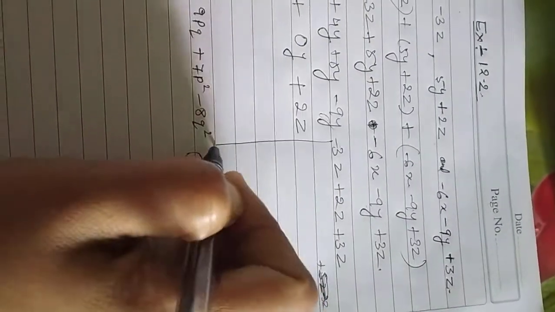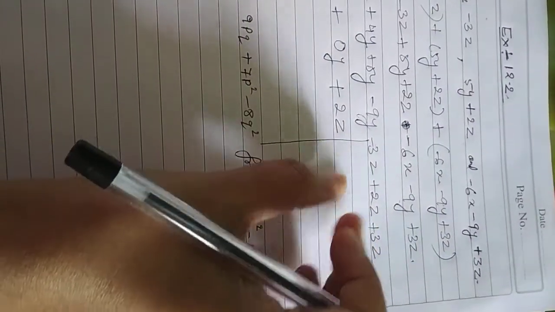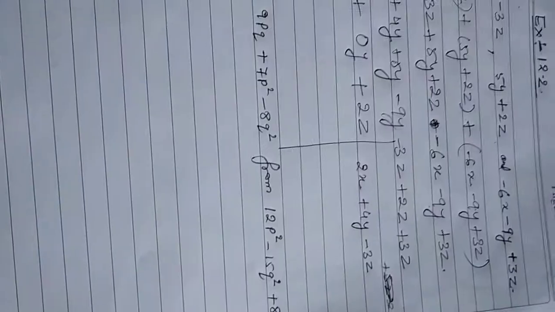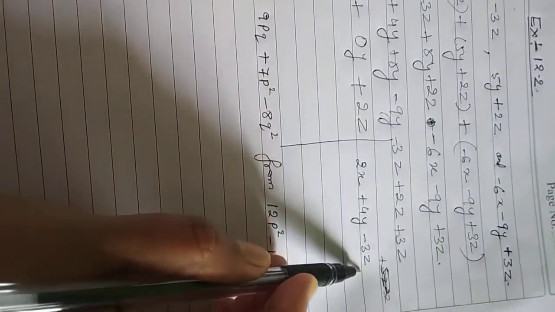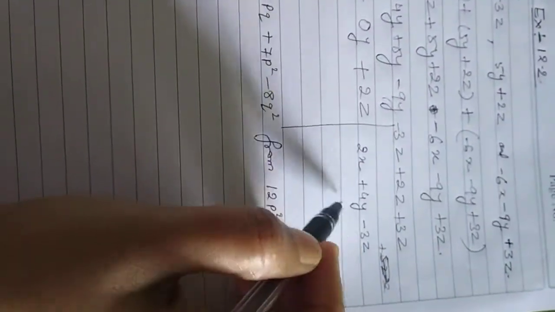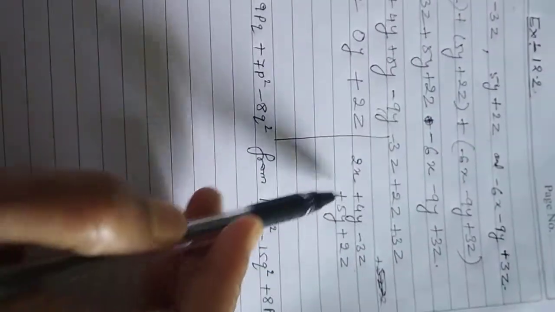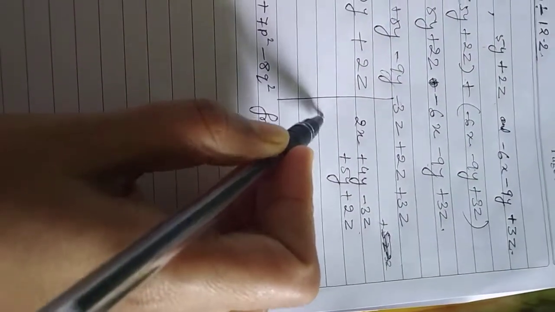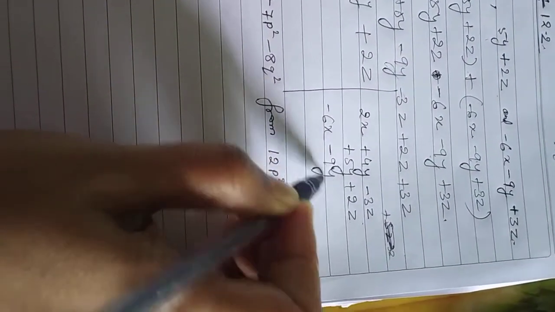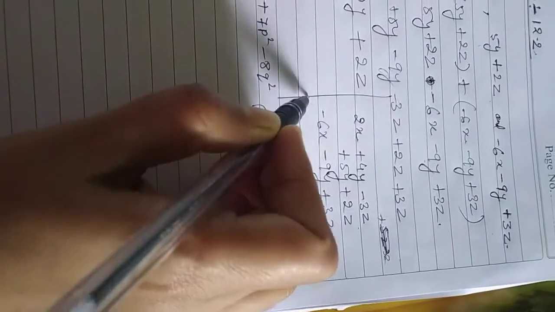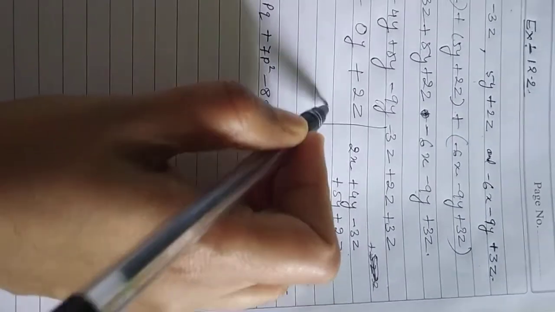There is one more way to add. You can write the terms column-wise, and then add like this. Look here. The first term I have written here. Now this one we are going to write, 5y plus 2z, so the y term we will write just below the y term only. There is no x term here, so we will not write anything in the x place. And one more, minus 6x minus 9y plus 3z. Written column-wise. Now we are going to add it.